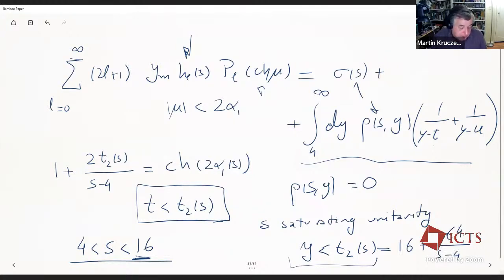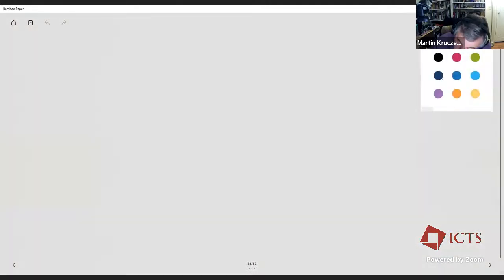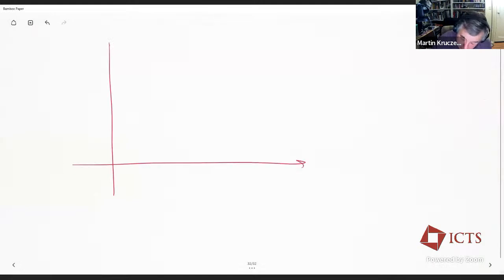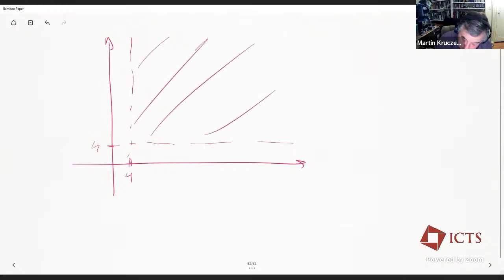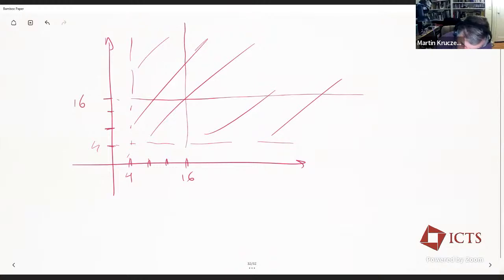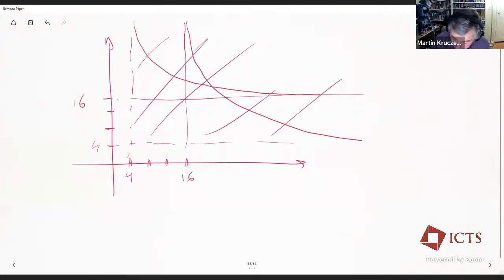Okay, so that's the one result, and it's not particularly illuminating, but kind of useful. And so I'm gonna now draw it in a picture. So if we have some x and y, and I have 4, this is 4. In principle, the spectral density has support in all this region, but if unitarity is saturated up to 16, then you have some hyperbola like this,